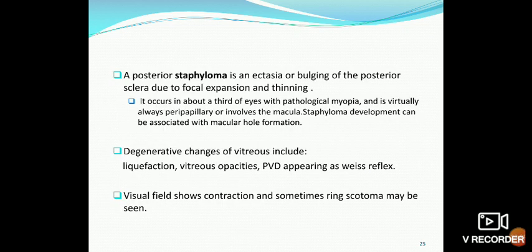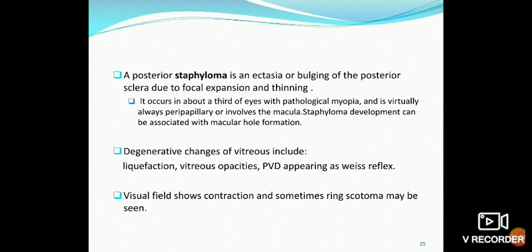Another finding that will be seen is posterior staphyloma. Posterior staphyloma is an ectasia or bulging of posterior sclera due to focal expansion and thinning. It occurs in about a third of the eyes with pathological myopia. It's virtually always peripapillary or involves the macula. Staphyloma development can be associated with macular hole formation. Remember,